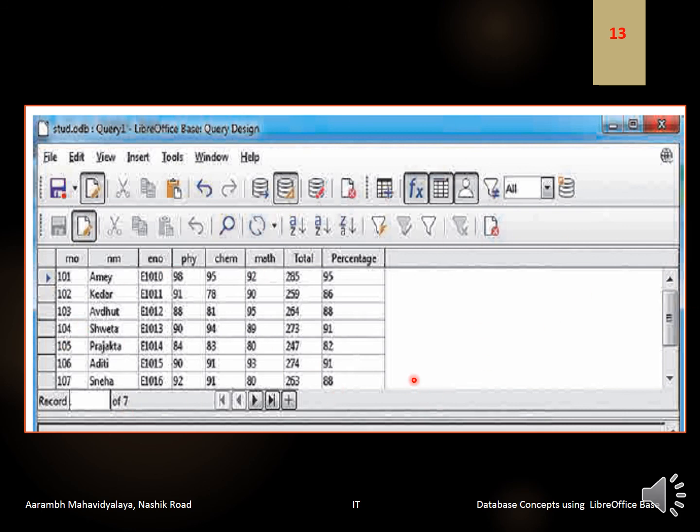Also, if you want to display the students who have percentage greater than 90, then in the criteria field you can provide the specific condition that percentage is greater than 90, and then you will get only the list of the students who have percentage greater than 90. Okay, depending on the criteria, that means the condition, you will get the output, and this is the main use of the query. Got it?